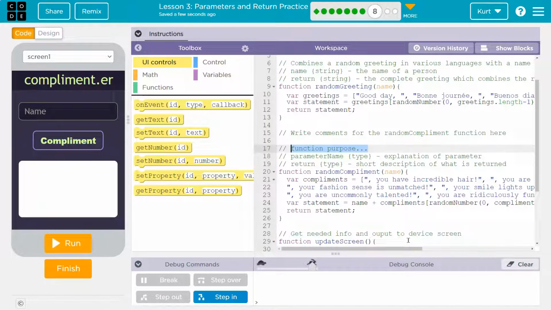This combines a random complement with a string, comma, name, and returns. Okay, all right. It combines a random complement with a string, the name, and returns it. Is there a parameter? Yes, the parameter's name is name. What type is it? Well, that's a string. And then explanation of the parameter,